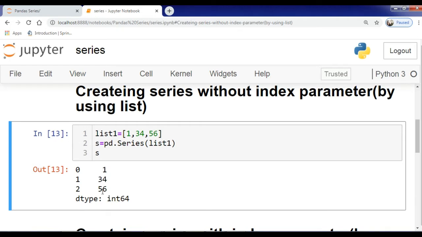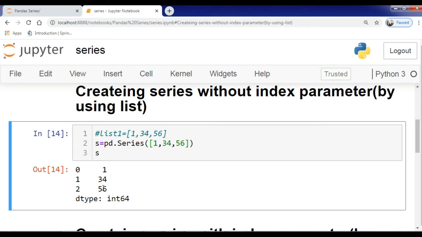Okay, you have given your list like this, and if you don't want to use that, you can directly specify your list here. In that case, square bracket 1, 34, 56. The method is the same, but here you have specified the list inside the bracket and in the previous one you specified the list variable separately. See, check the output. The output is the same. So these are two ways you can opt according to your own choice.